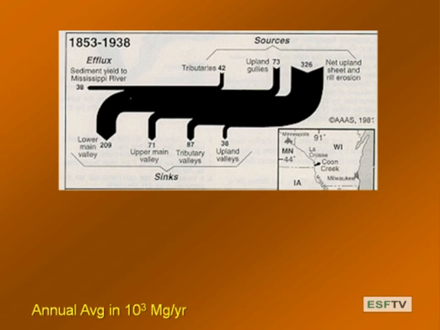So this is showing the erosion, okay? And these are in average 10 to the 3 megagrams per year. So that's 71,000 megagrams per year. And it's showing where the soil is going based on the aggregation of the data, those cross sections. And you look at the end. So sediment yield to the Mississippi River was about 38,000 megagrams per year. And what's really interesting is where this is all going. So here's the rate of erosion, 326 from sheet and rill erosion, 326 times 10 to the third megagrams, and about 73 going to gullies.